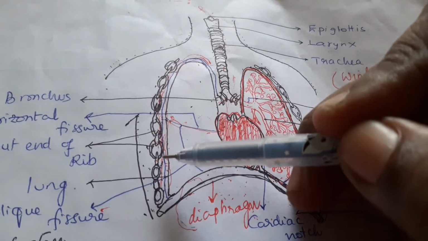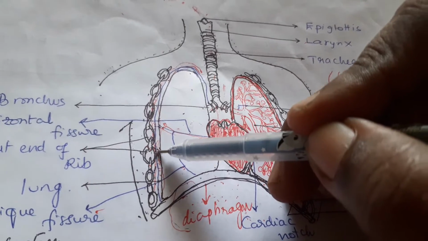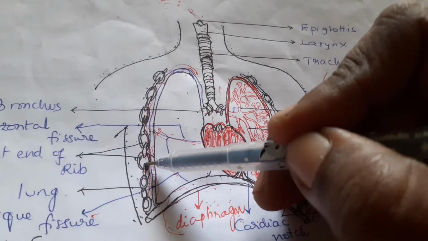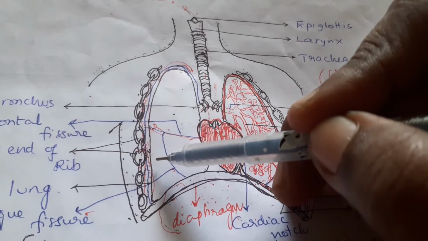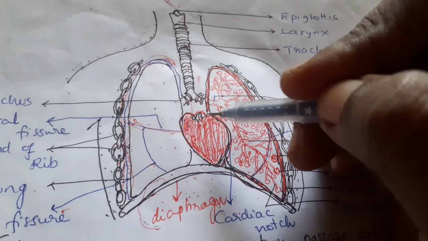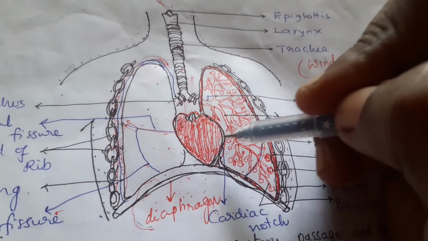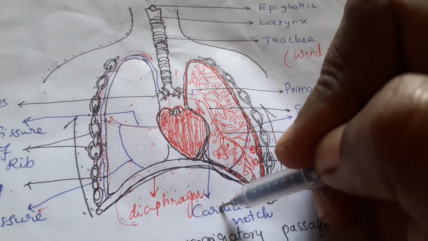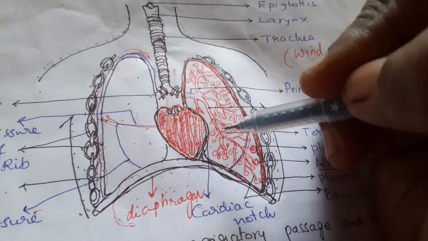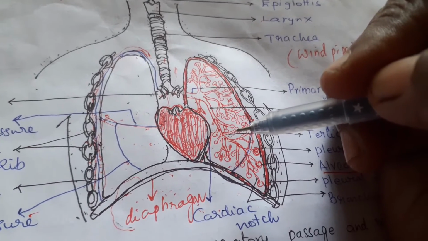So as I told you just now, there will be two membranes, and pleural fluid is present, which acts as a shock absorber. The outer membrane is in close contact with the chest cavity, the inner membrane is in close contact with the lung surface. And towards the left side, due to the presence of the heart, the left lung has a notch called the cardiac notch. Cardiac notch is due to the presence of the heart.